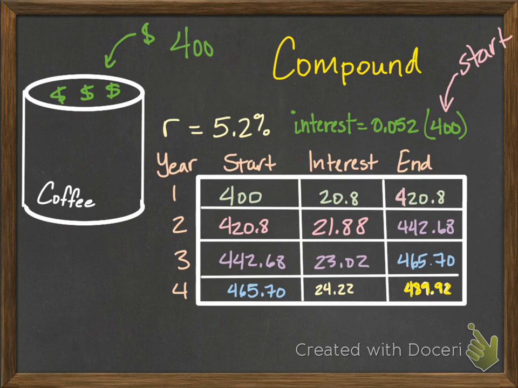So with compound interest, you get interest based on the amount of money that you have, not the money that you started with. And this is important because normally, if you have a savings account, especially like a retirement account, or if you're really, really good about saving, then you won't just put it in and leave it there. Like in this case, we're assuming we put $400 in our little account and then we didn't touch it. But in reality, you would be contributing to that. So if you put like $100 a month, that's $1,200 a year, and you're going to get interest on what you started with plus that $1,200 a year. So with compound interest, it's going to grow a whole lot faster than it would with simple interest.